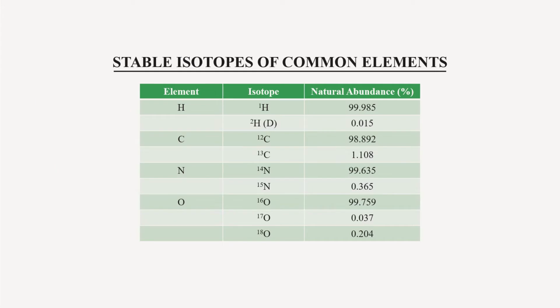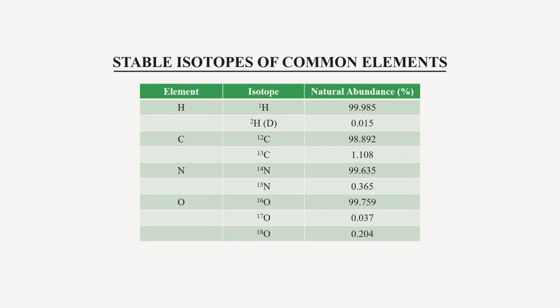The two stable isotopes of hydrogen are hydrogen-1, also known as protium, and hydrogen-2, also known as deuterium. Protium is the major stable isotope of hydrogen with a relative atomic mass of 1, which is mainly found in water and various hydrocarbons and has a natural abundance of 99.985%. Deuterium is another stable isotope of hydrogen, with a relative atomic mass of 2 and a natural abundance of